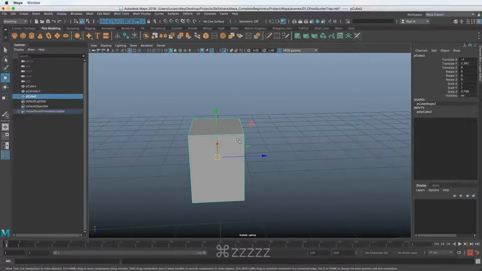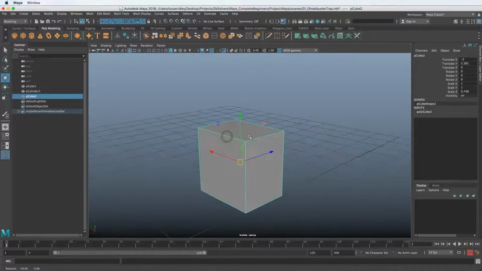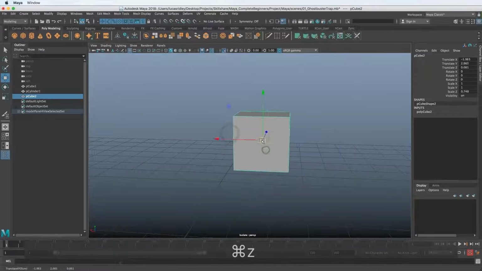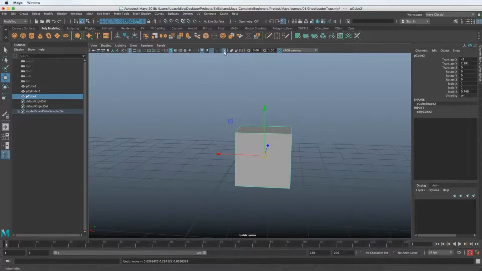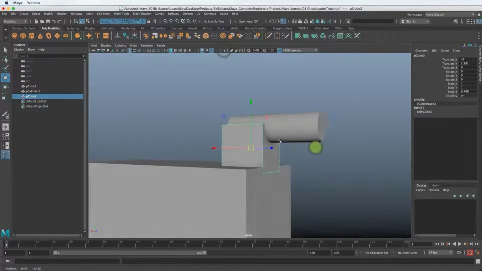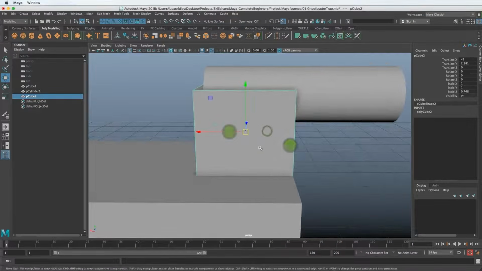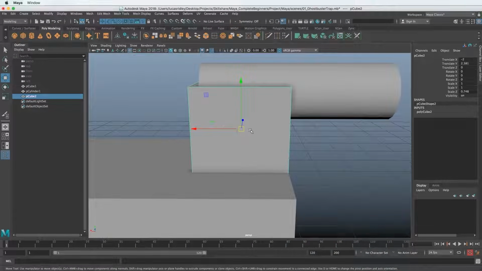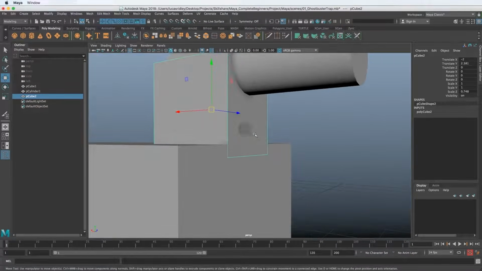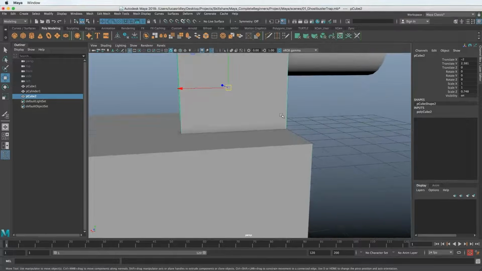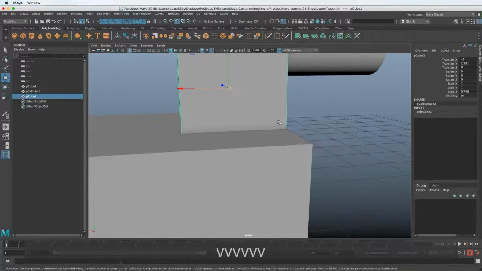So I just went to object mode to get back in so I can select the whole thing. I could also go up here and click this middle button to go back into object mode. I'm going to unisolate this now so we can go back to our model. So the next thing we need to understand is how to change where the manipulator is. If I hold down V like I was describing earlier, and I middle mouse drag, if we click and hold on middle mouse, this is going to snap to vertices.